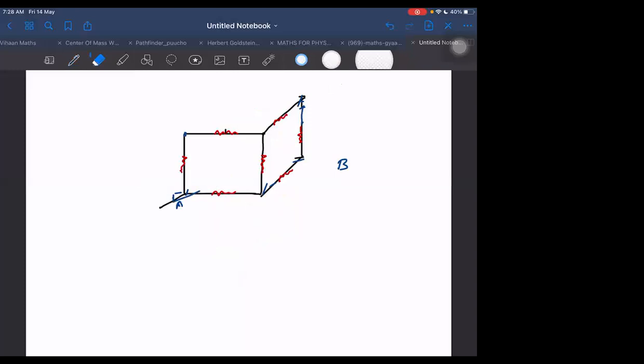Four R by 3, sir. Answer is 4R by 3. How are you doing it? Sir, the answer is not R by 2, it was on the mirror only. I am writing 1 by 2 and 1 only. That is better. 1, 1 by 2, 1 by 2. This one mirror 1 by 2, 1 by 2. These are the resistances.